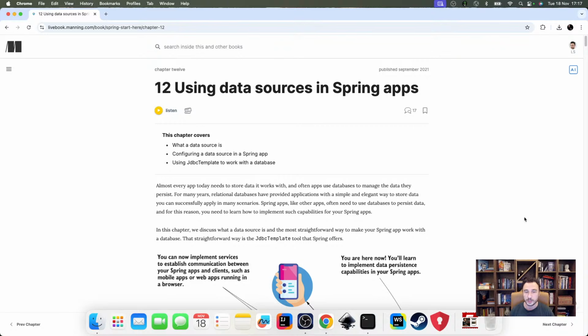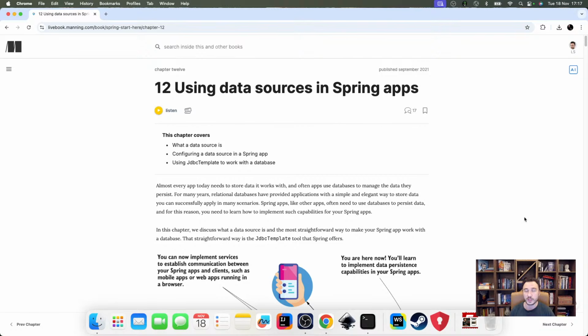Then we will continue with chapter 13 and chapter 14, and they are also about persisting data. You will wonder why I've used so many chapters on this topic. This is because today we will start with the